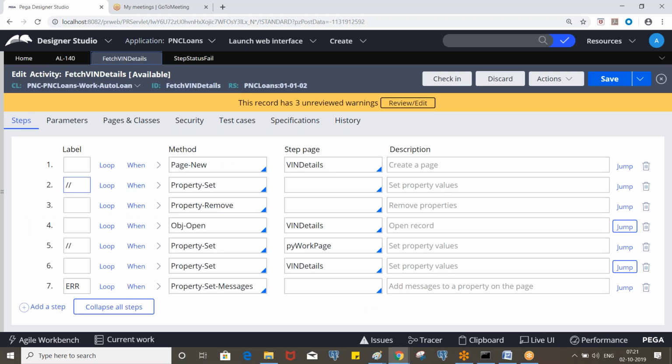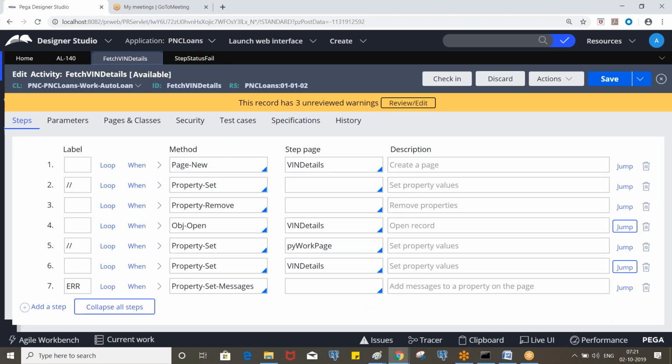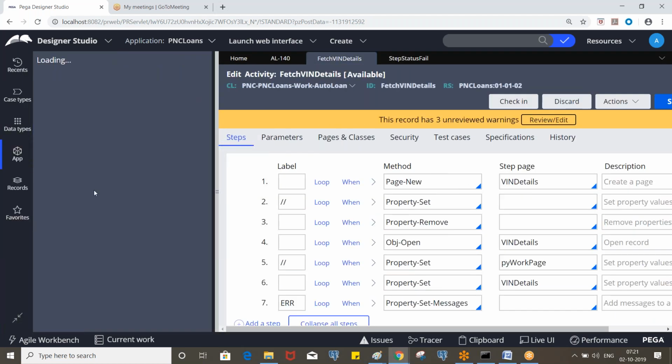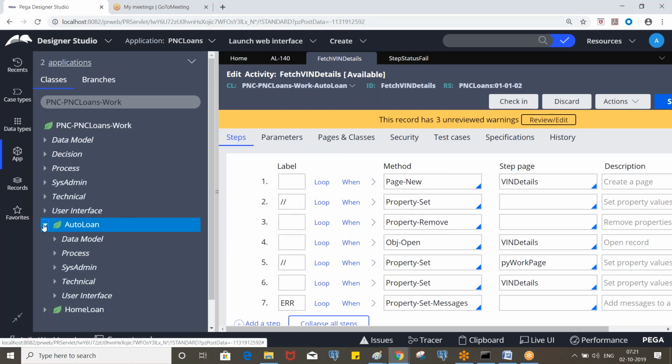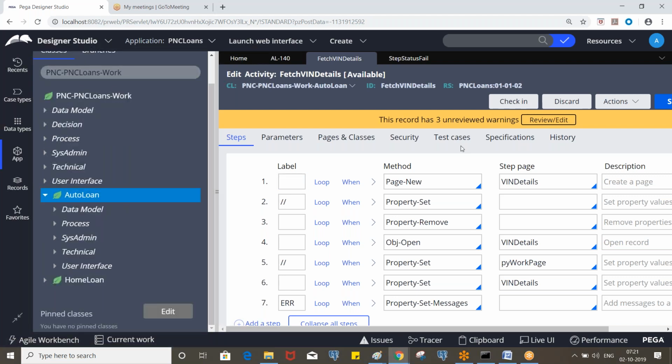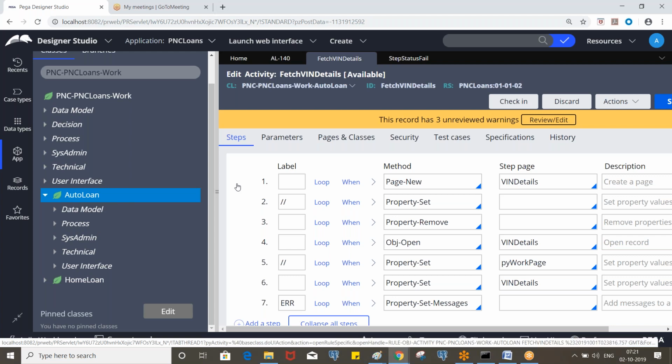So now, we created the properties here, make, model here. Instead of creating these properties, we can use data class properties. For that, what you need to do is, here you will be creating, let's say, a page called win details, and for that page you need to specify the win details data class.